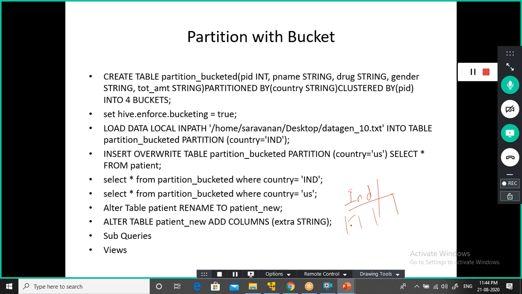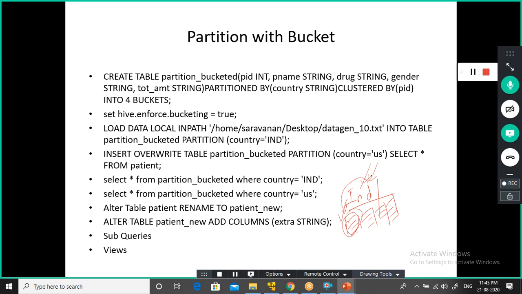In this bucket, one set of customers, patients are there. Here, another set of patients. Another set of patients are there. Here, another set of patients are there. Suppose your query wants to select the data from the India region, and the customers, if they are falling in this first bucket, the retrieval time will be much faster, because to extract the data from this specific portion alone, you are narrowing down here.